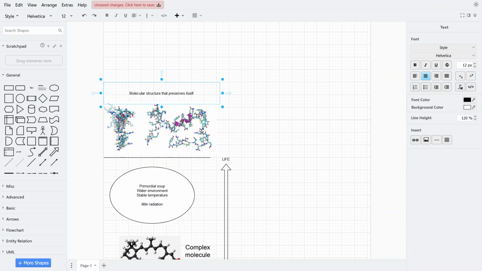Now, what are the ways to preserve a molecule? To preserve a molecular structure, you have self-repair, but self-repair is actually very complex, and